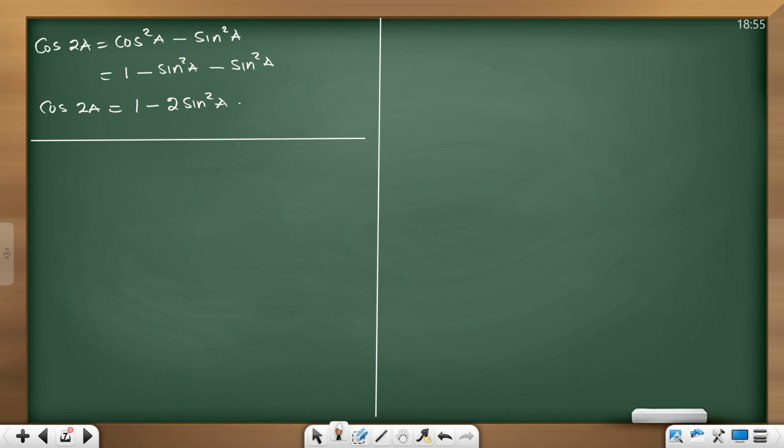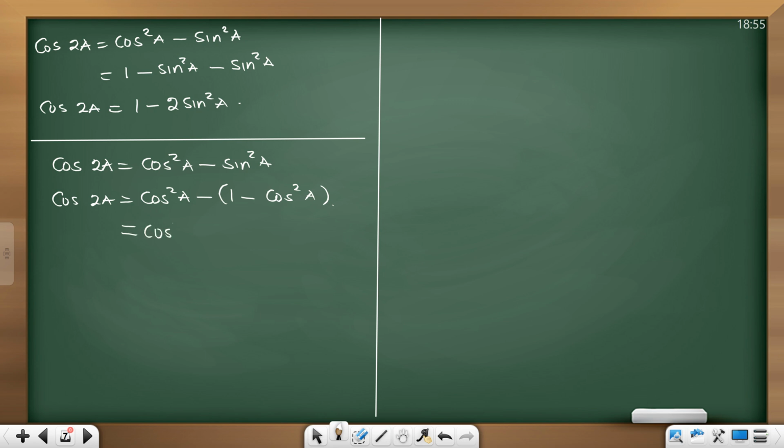If I go the other way, cos 2a is what? Cos squared a. But what is cos squared a? It's 1 minus sine squared a, rather it's 1 minus cos squared. Algebra. Let's expand. What do you have? Minus 1 plus. So what's my answer? 2 cos squared a. So we have come to what? 4 formulas